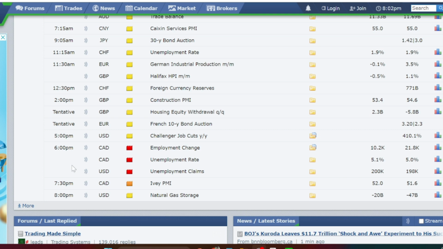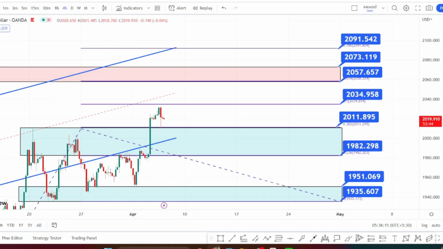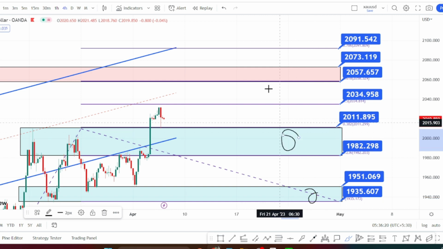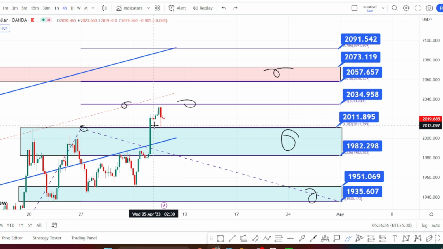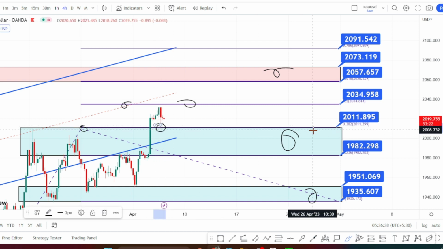Let us begin with our gold analysis. I'm in the 4 hours time frame now and I've already marked the support zone and also the resistance zone based on the past price action, and also I've used the Fibonacci tools where you can notice that the price action has respected this support level of 0.38 when it retraced back on the bearish side, and also on the bullish side you can notice that it has respected this resistance level of 0.382,